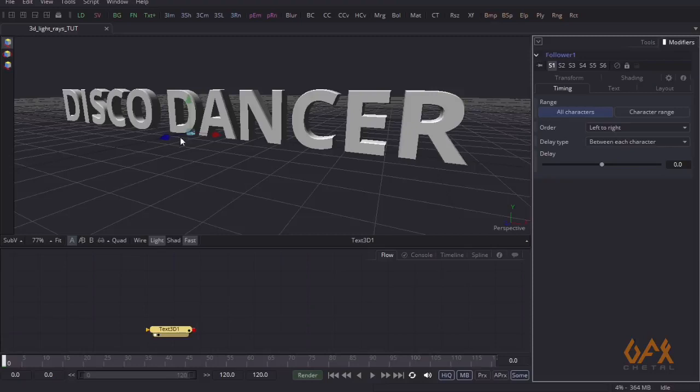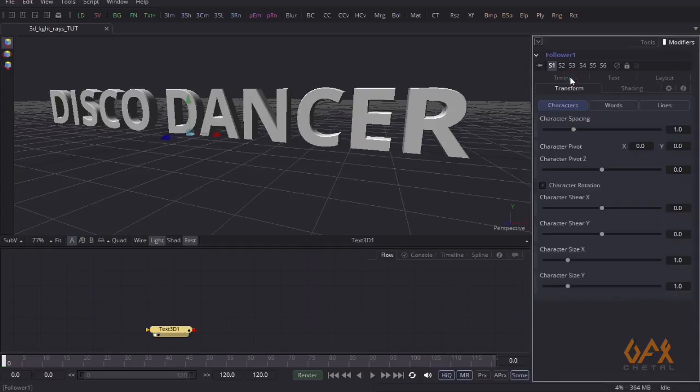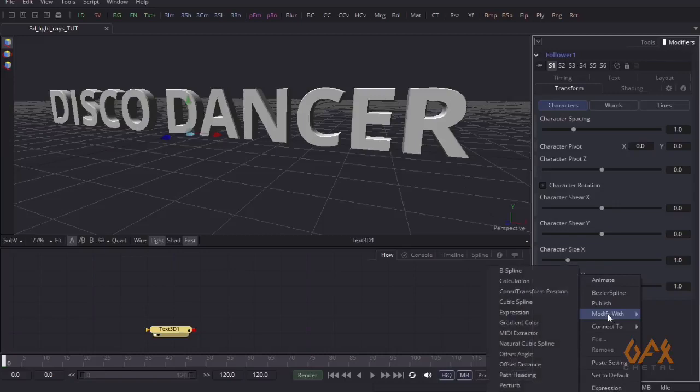So I want to animate this text in its Y size. So for that I go to transform, and to apply any followers you have to animate those stuff. So to animate these things you can apply keyframe, but here I do something else. I just right click over here and I add one more follower for size Y. So in modify width